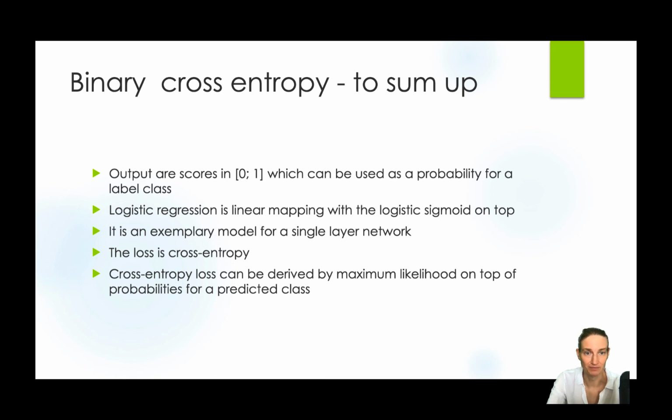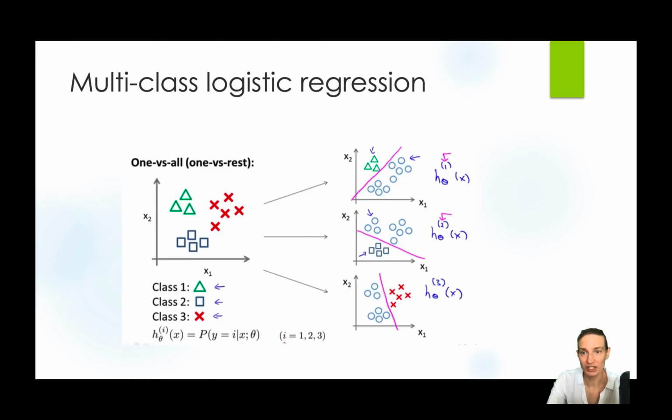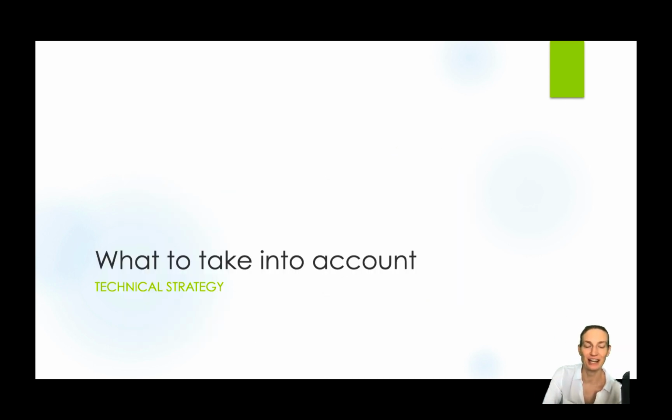Now, if we move on to multi-class logistic regression, what is typically done is, if we have 3 classes, we build 3 models, each for separating 2 classes. All right, now let's have a look at the things that we need to think about when we're training